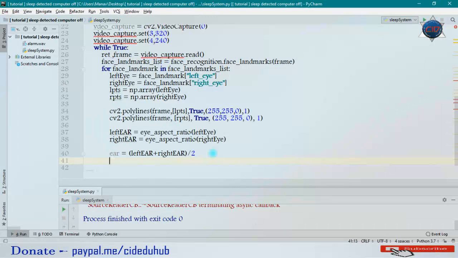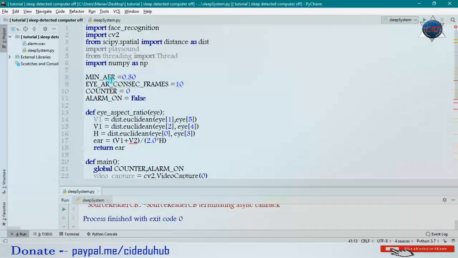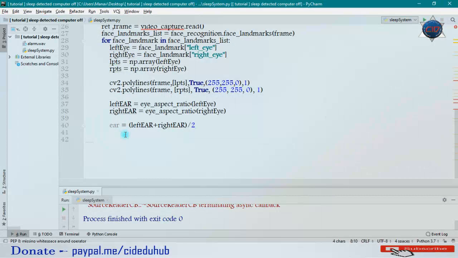Now let me compare. If this aspect ratio is less than the minimum aspect ratio, that means the user has closed his eyes, then we will sound an alarm, and if he does not wake up, then we will switch off our computer, or hibernate our computer, or log out, anything.